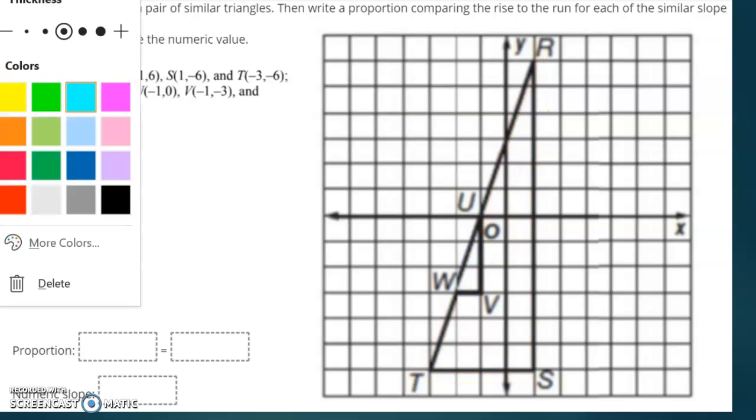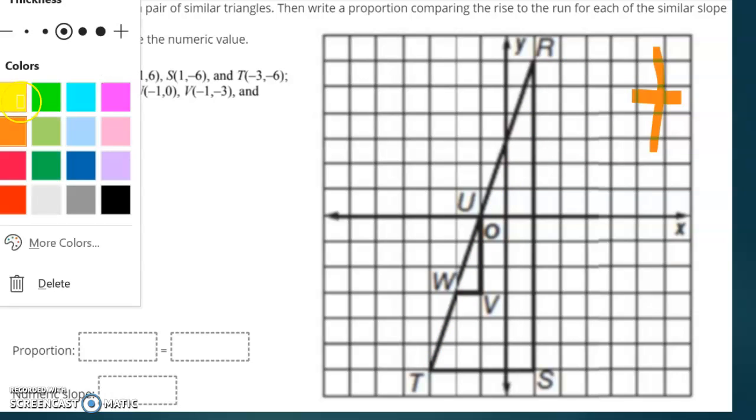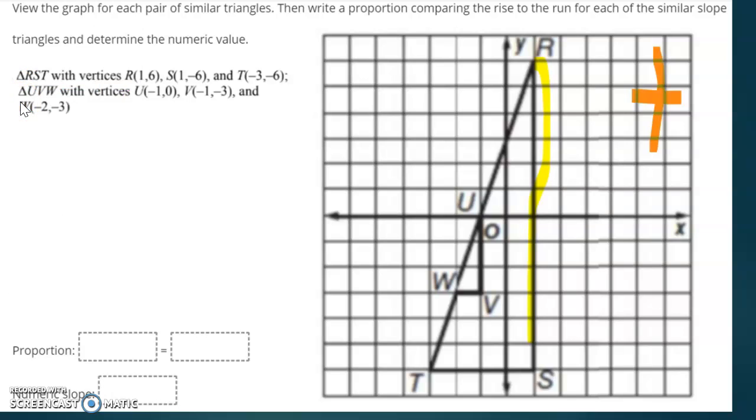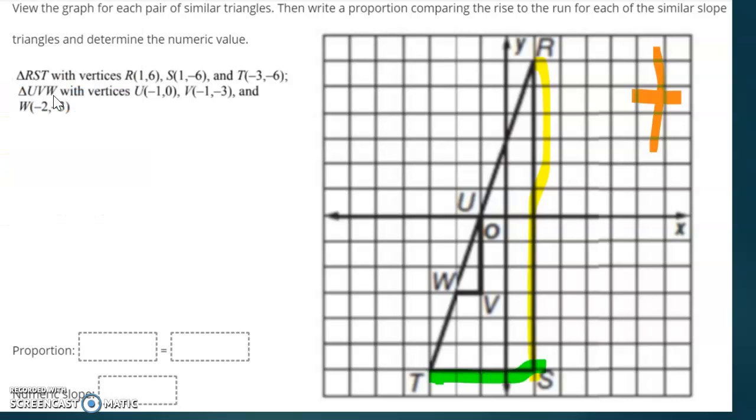If you look at this line, it has a positive slope, so your numeric slope will have a positive answer. For your slope triangles, you are looking at the rise and the run. So RS is to ST